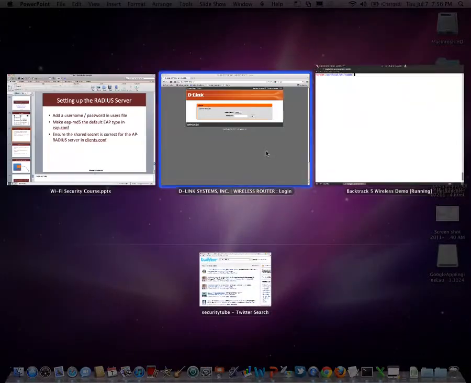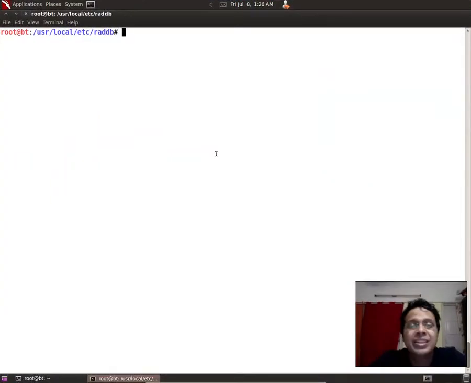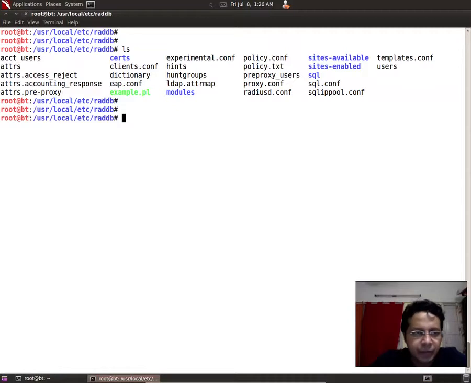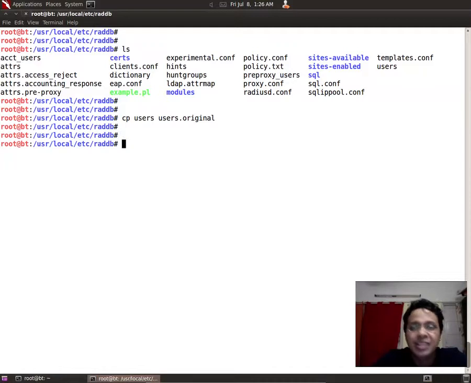So let's go to our backtrack instance. Now this backtrack instance is up and running from the last video as is, nothing has been changed. The first thing we need to do is go into this directory, user local etc raddb, and inside that let's first create a backup copy of the users file. We'll do this for almost all our videos, simply because you're going to change a lot of things and you would ideally want to go back to the original configuration if something goes wrong. So let's open up the users file,